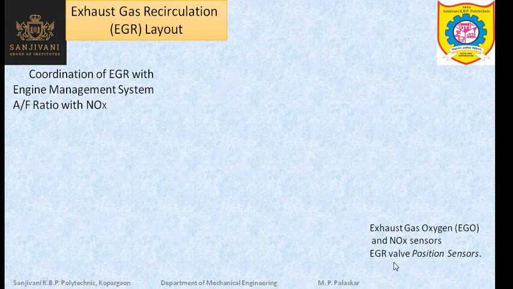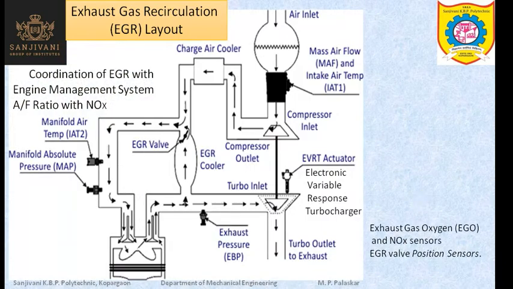The valve position of the EGR, we are using a valve which will control the flow of the exhaust gases, or which will control the quantity or the percentage of exhaust gases which are recirculated. So the position of this valve is not only sensed, but it is controlled by the overall engine management system, by the ECU, so that only a proper quantity, a proper percentage of exhaust gases will be recirculated.